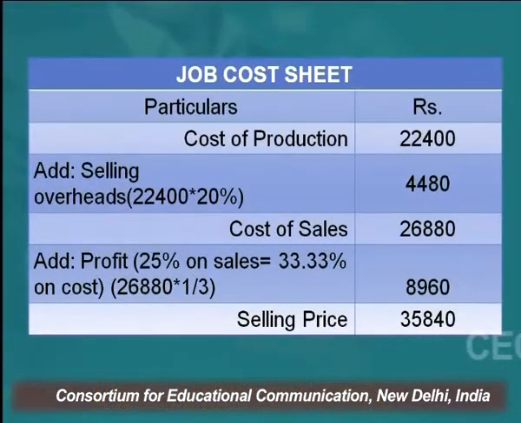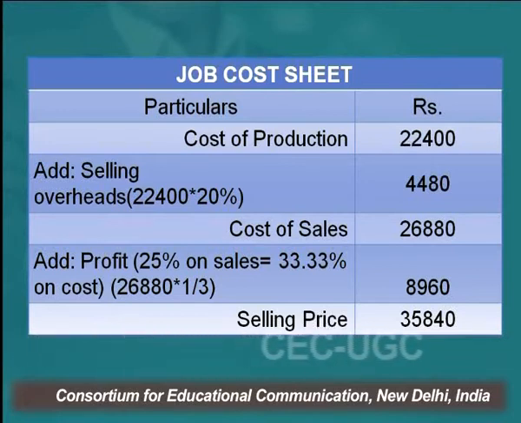Now a very important thing, I would say, is to find out the selling price, right? The question says the business wants to earn 25% profit on the selling price quoted. So what should be the quoted price? If it says 25% of selling price, what it automatically implies is 33 and 1/3% of the cost price, right? So if you calculate it mathematically, you will be able to find out very easily.